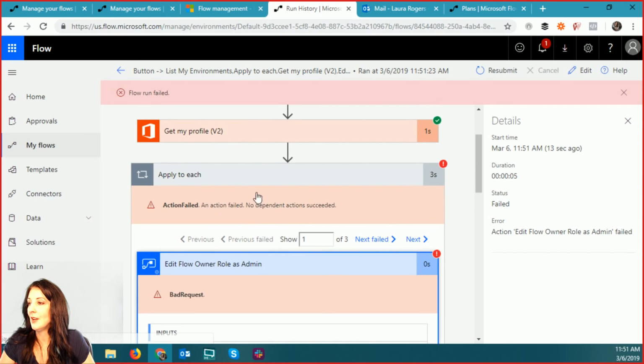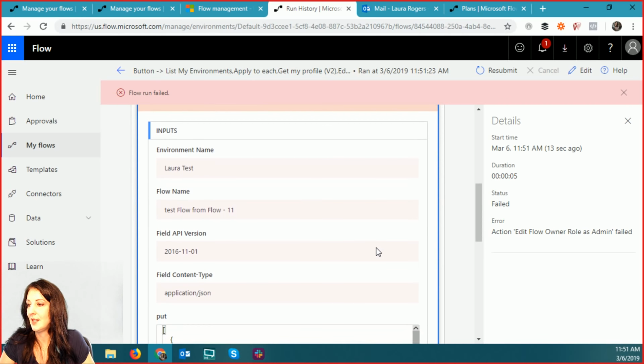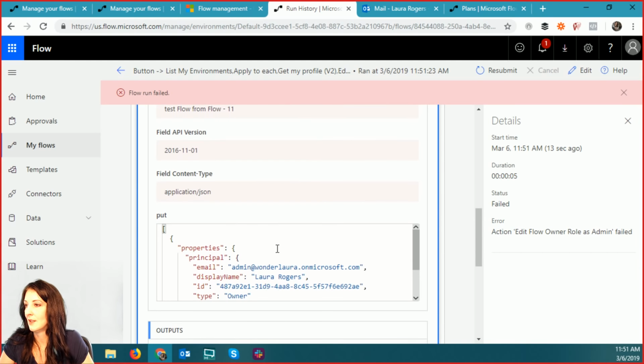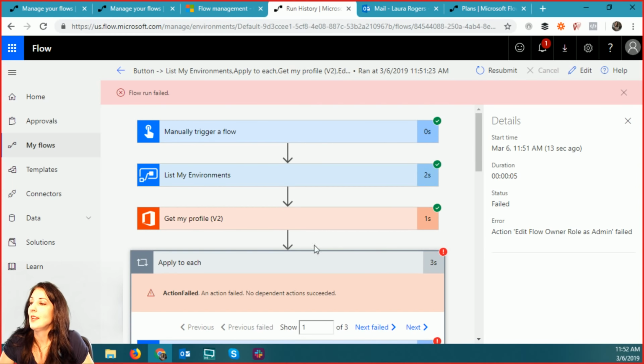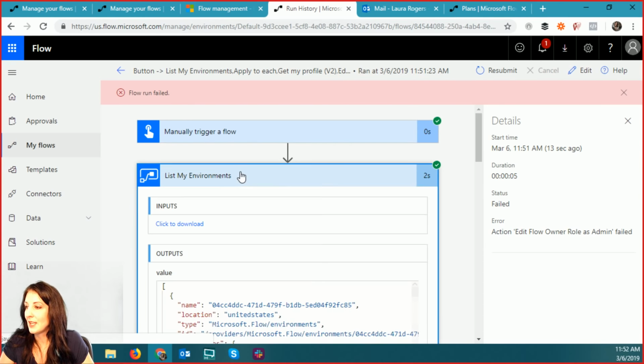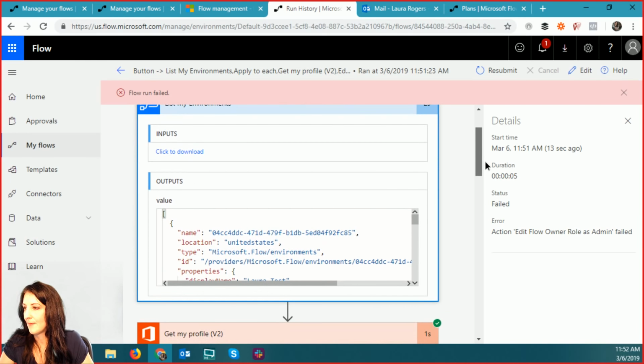Of course, this errored, which I expected it to error. Let's see what the error is. Edit action, edit flow owner role as admin failed. Duh. I know that much. The provided environment name, Laura Test, has these invalid characters. The name can only be a letter to. Oh my gosh. Okay, well, let me just go get that specific environment name